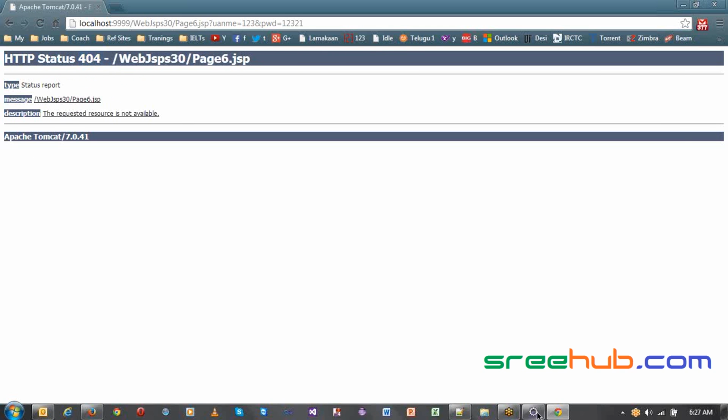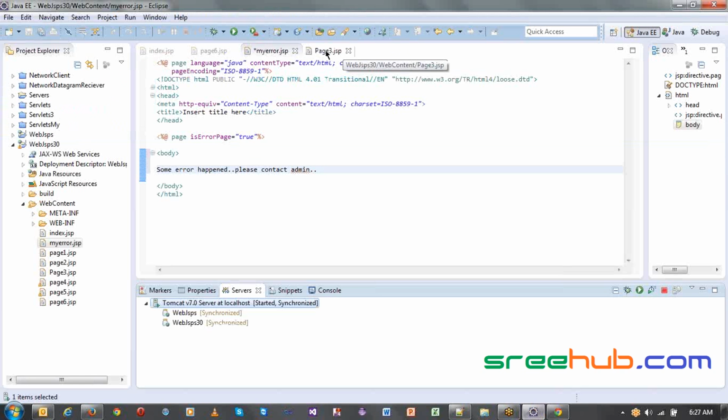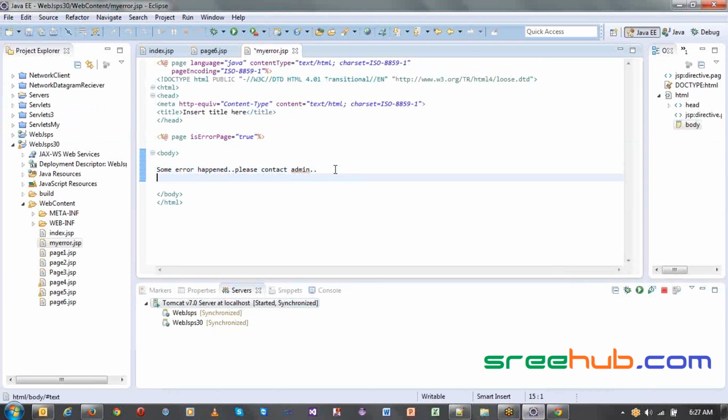Okay, so let's do one thing. Here in my page 3 itself, which is my error page, let us print even the exception. That was the next step which I was going to show. Let us have that to say, error is,